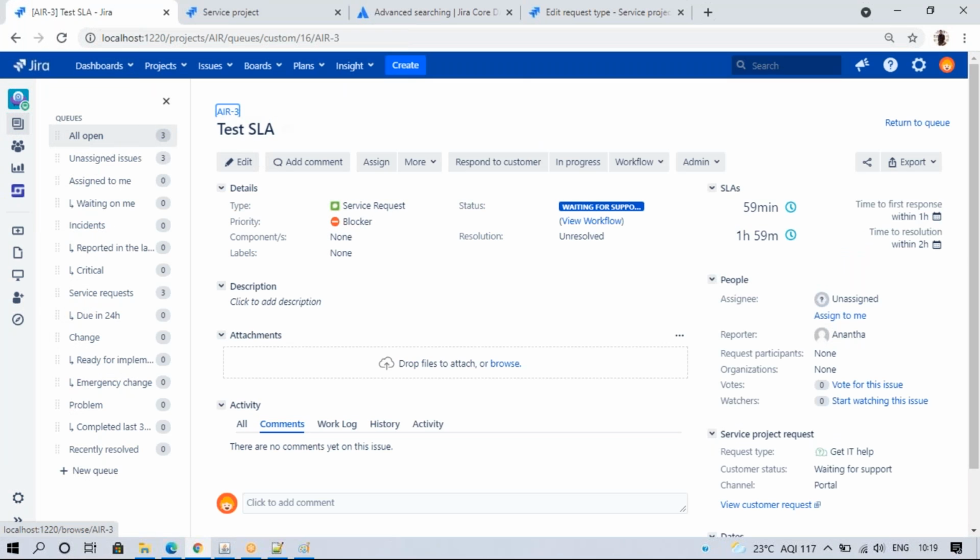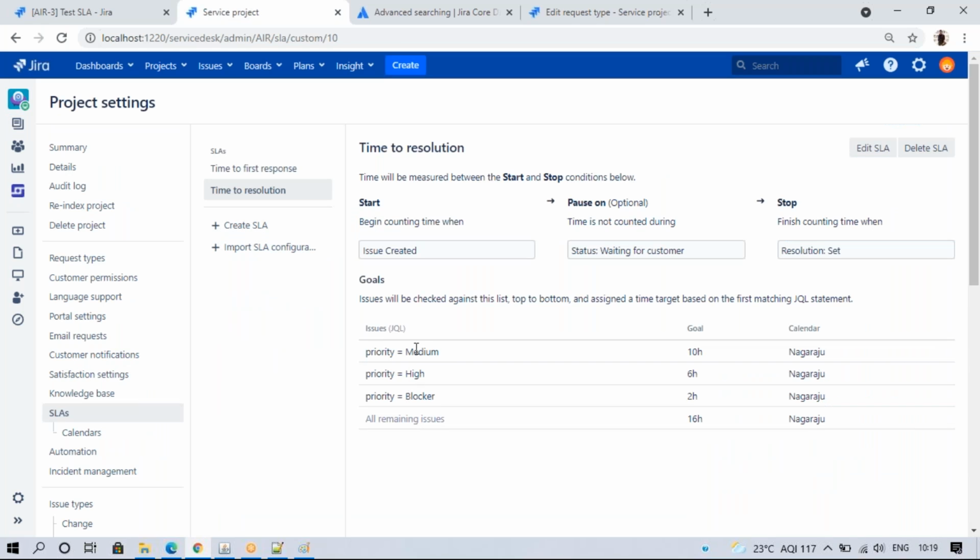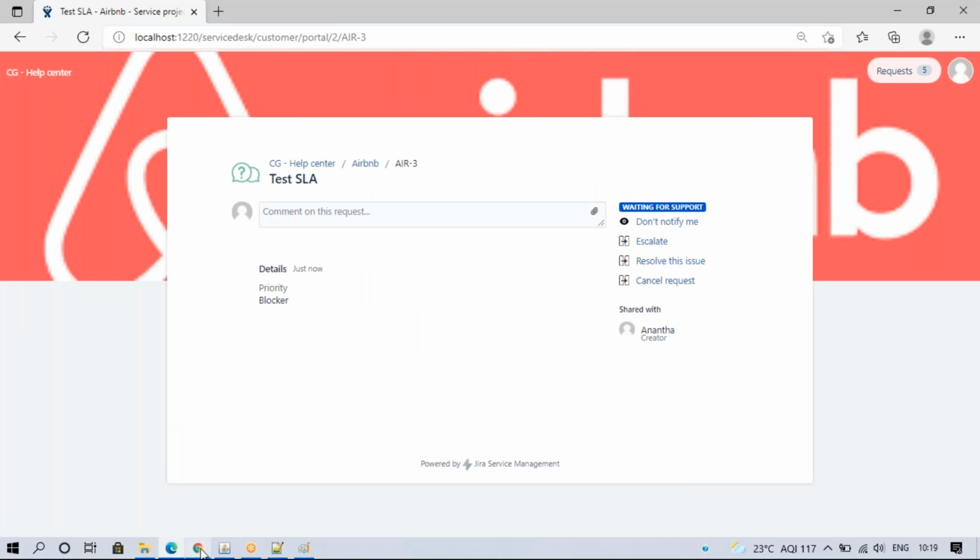See guys, on the right side you can see the SLA is 59 minutes. This is time to first response within 1 hour, and time to resolution is 2 hours. 1 hour 59. Because the priority is blocker, this is the 2 hours and this is the 1 hour. When you create a ticket, these two will be started. These two are already started.